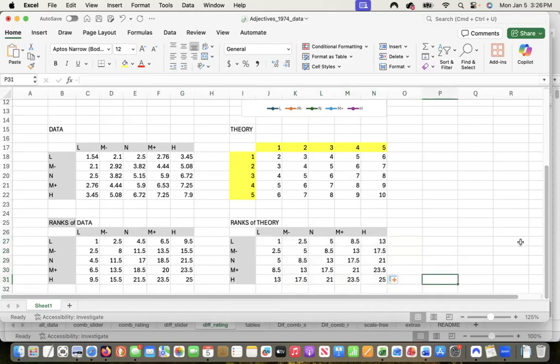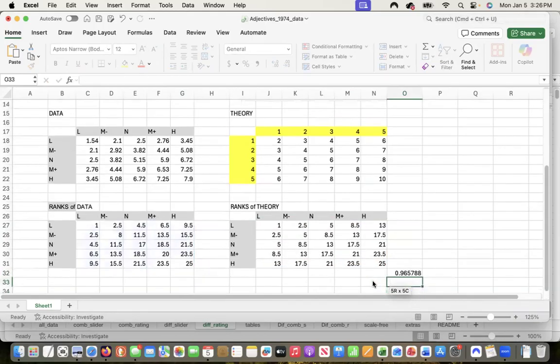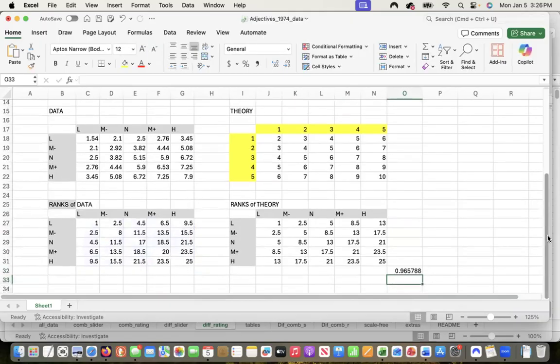Now we can look at the correspondence between the two rank orders. Now we're asking, will the rank of the data match the rank of the theory? So let's let this be equal to the correlation between the data and the theory, the ranks of the data and the ranks of the entries in the theoretical matrix. And we see that correlation starts off as a pretty low 0.965 correlation,